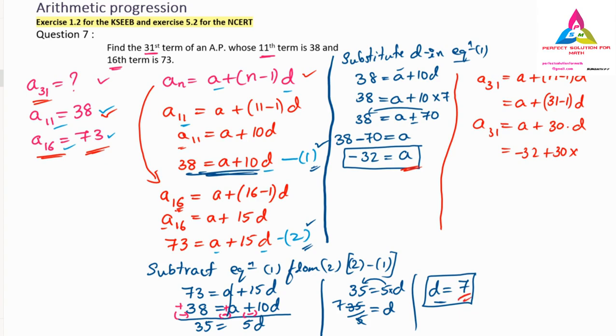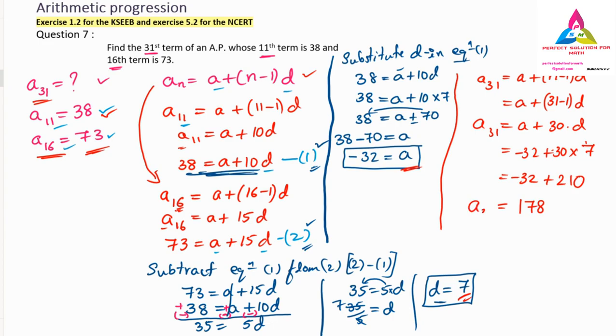So minus 32 plus 30 sevens are 210. If you don't know the table, we can directly multiply 7 into 3. 7 threes are 21, and the 0 we have, we can substitute over here. So it is 210. So what is that 210 minus 32? You have to find that now. If you correctly calculate, you are going to get 178, because 210 is the greatest number having the positive symbol, and when you are subtracting 210 minus 32, you are going to get 178 as your answer.